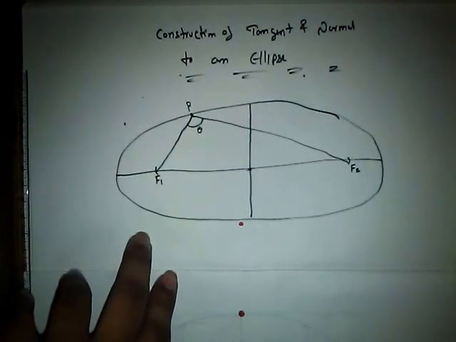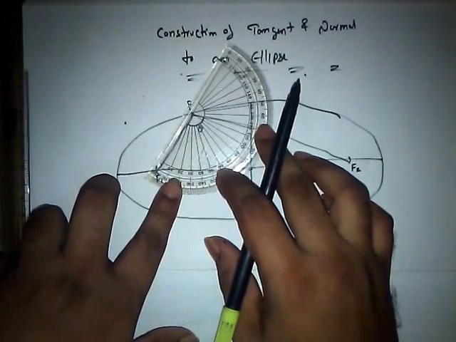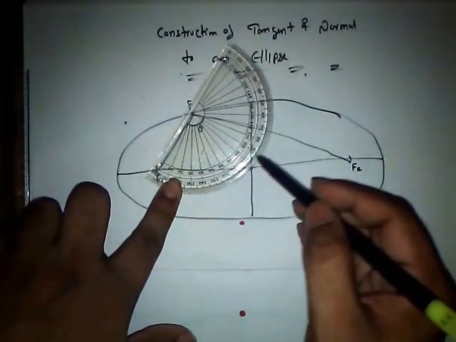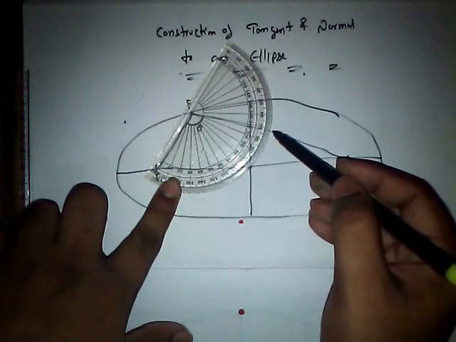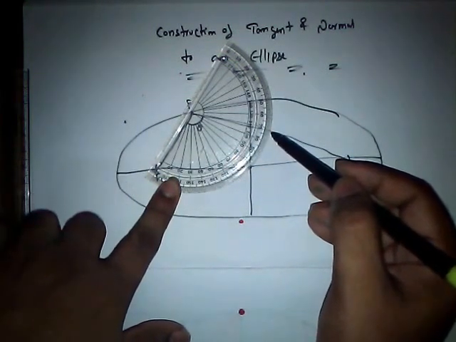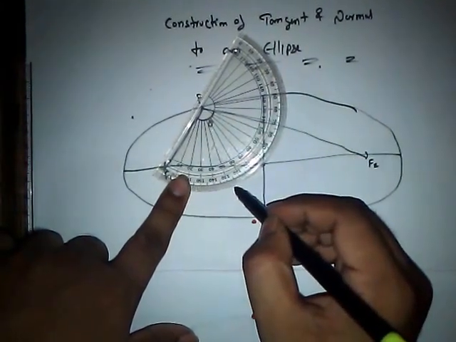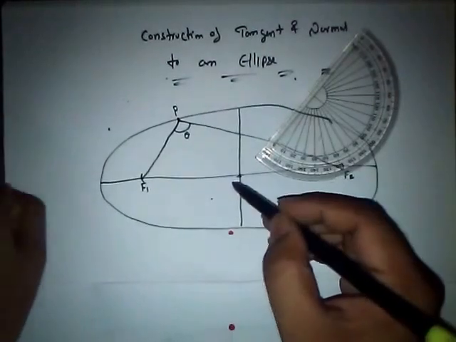The easiest process is to use a protractor and measure the angle over here. Here we have 108 as the angle. Half of 108 is nothing but 54. So this is going to be 54, the point is 54.